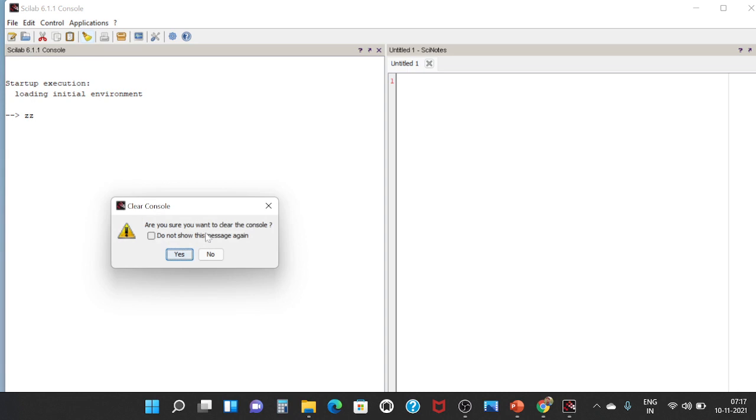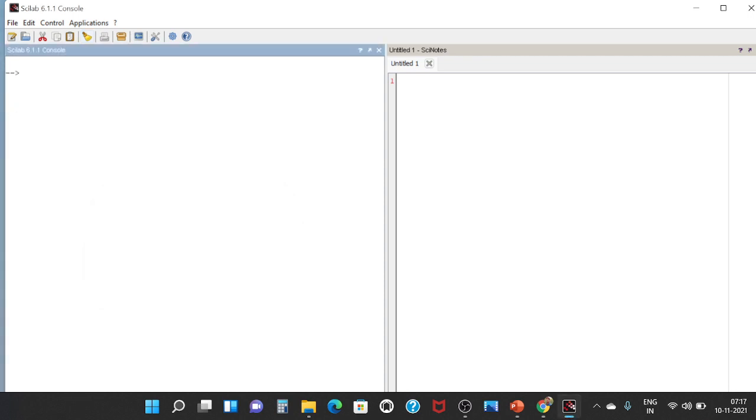Are you sure you want to clear console? Yes, and you can tick do not show this message again, so it will clear all the messages in your console. Now we are going to write a simple program. Suppose we assign a equal to 4 and b equal to 3